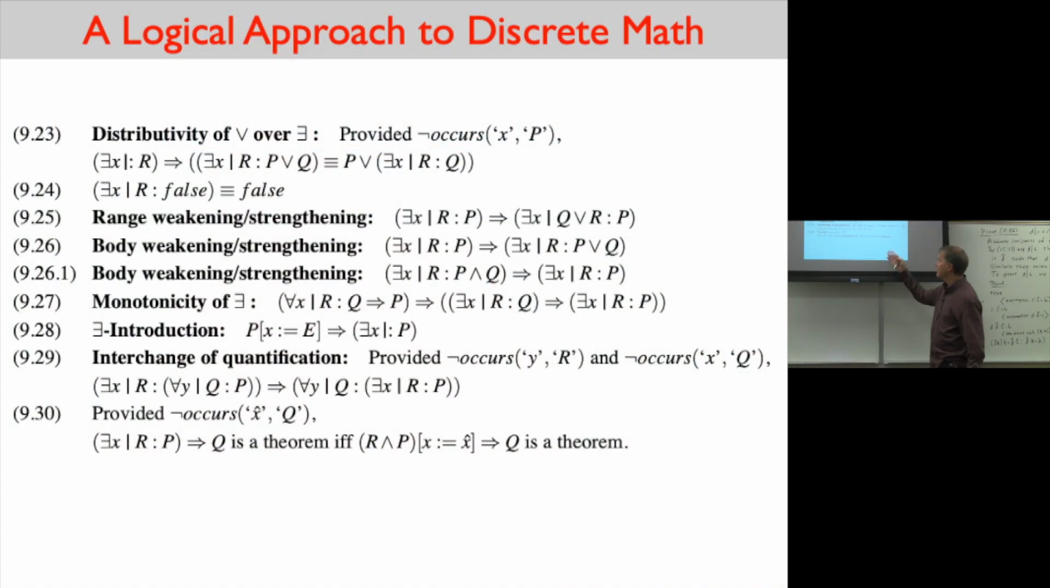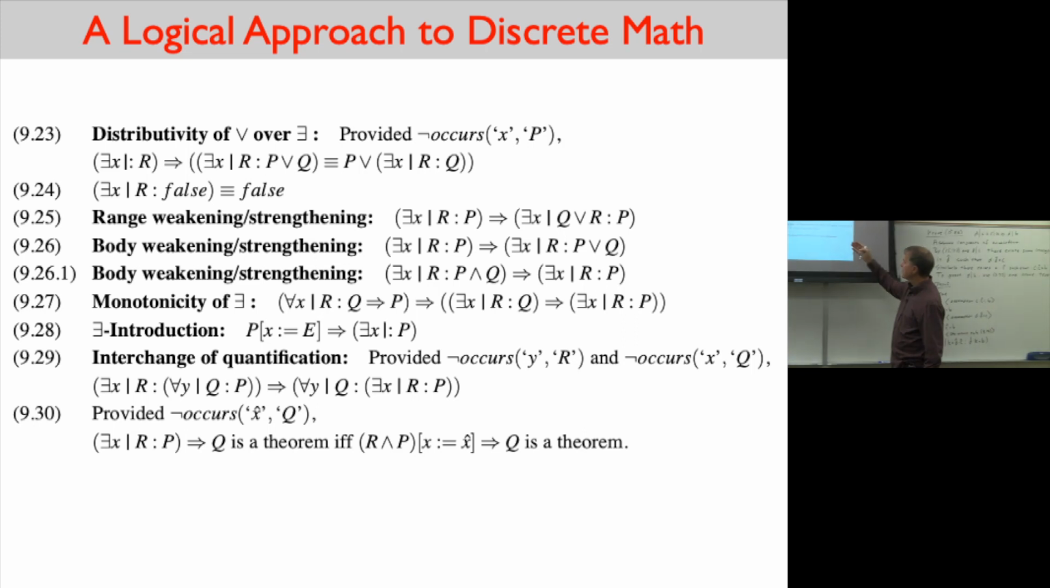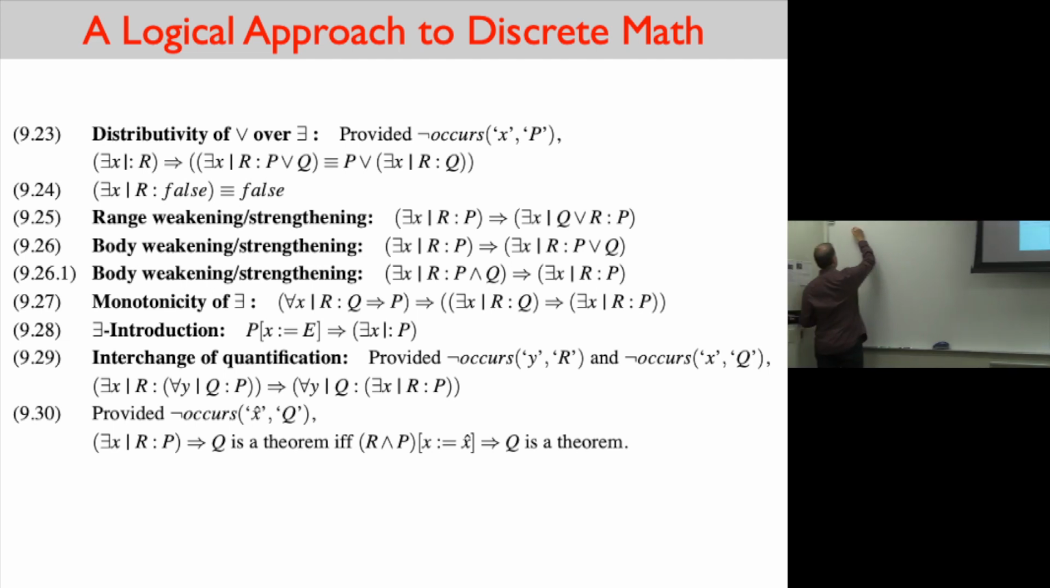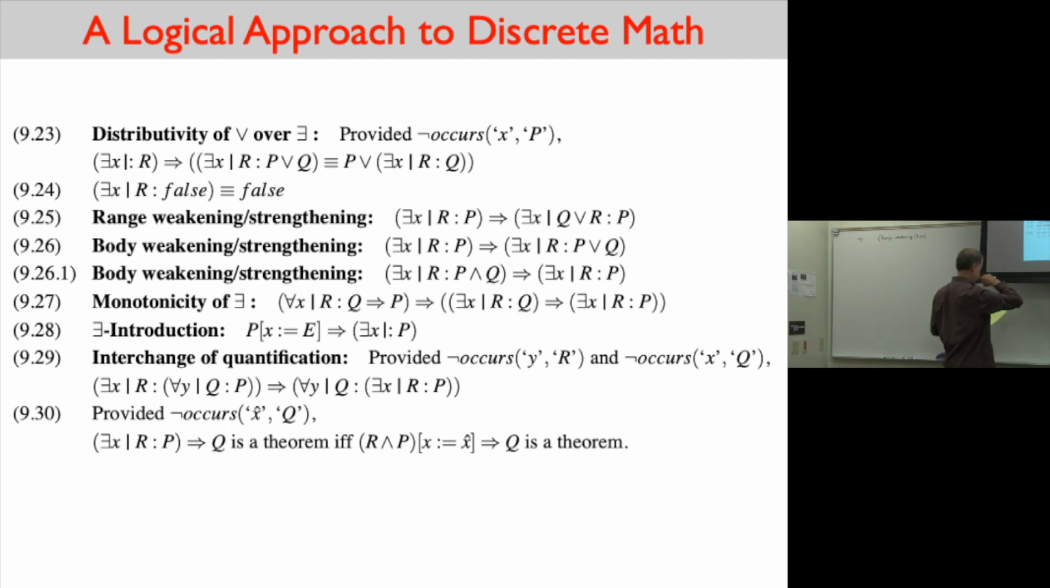Let's look it up here. So 9.25 says range, and this implies by range weakening. Here we go. How are we going to do this now? What should we use for R and Q? I mean, we know what P is, right? P is D times K equals B. The body is the same in both, right? So this range weakening, 9.25, with R and Q